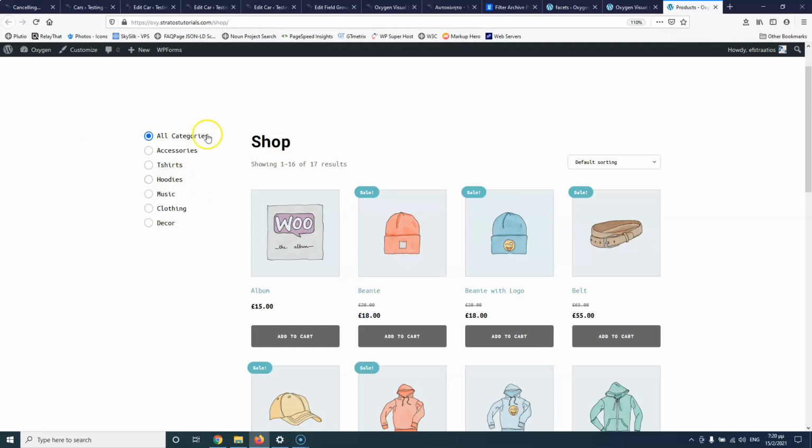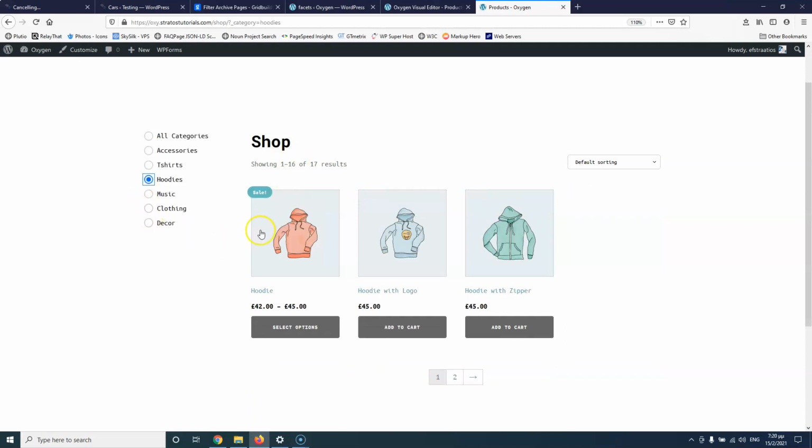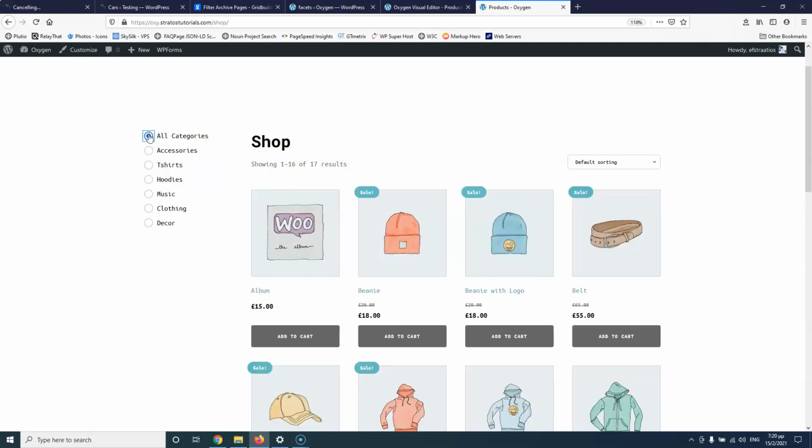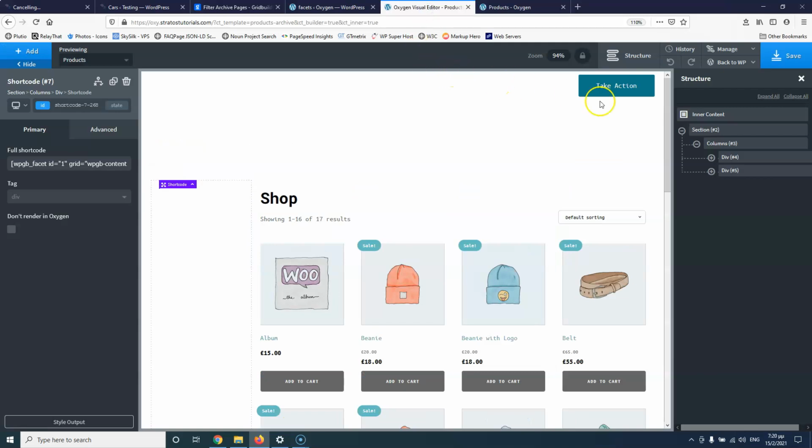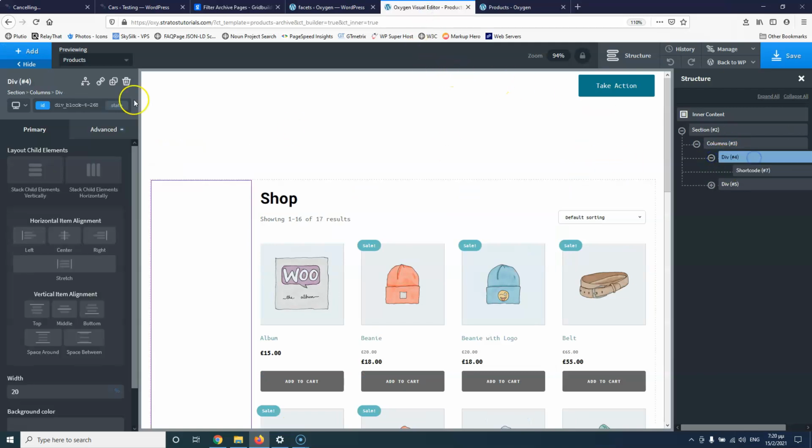And as you can see, now we have the categories right here. So let's close all of those because we're not going to use that. And as you can see now, I can select the hoodies, and this will filter, and it will only show the hoodies. And now I can select all categories, and it will go back and show me all the results. So since I don't have any title, I can now go into the div,